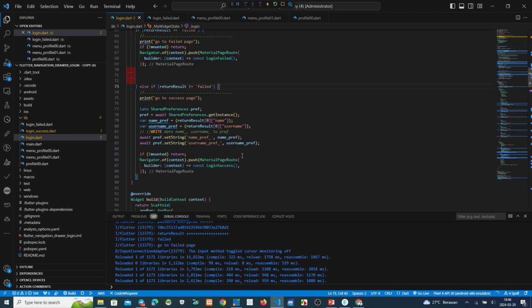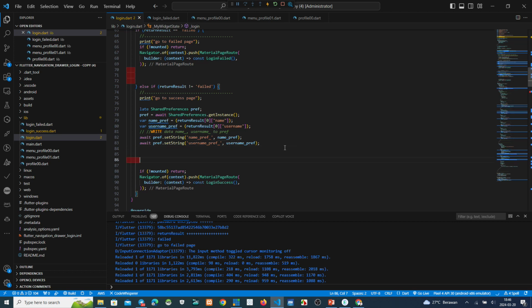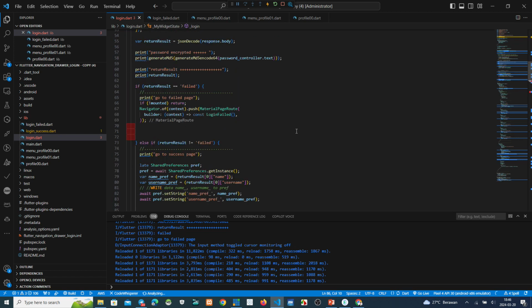Okay, analyze this. So now we want to analyze first what is the C profile. If this one returns back, where is it return back?